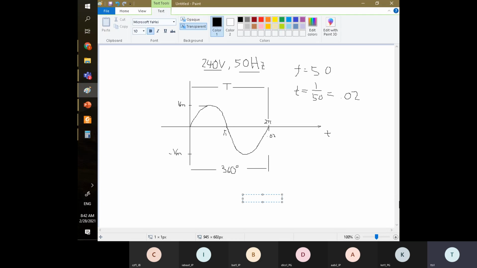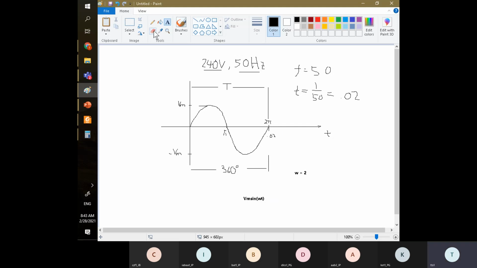You should know, right? This equals the maximum voltage multiplied by sine omega t, right? Omega t. So what is this omega actually? This omega is equal to 2 times pi